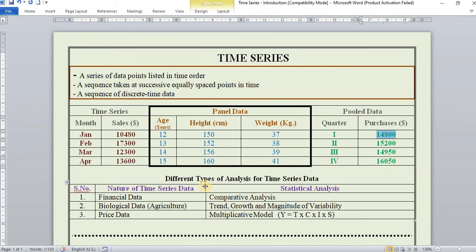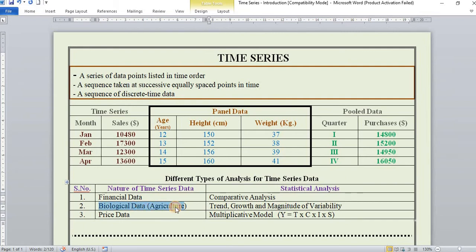And there are different types of analysis for time series. One is financial data. It is just like sales, purchase, bank deposit, cash collection, like that. We approach this data like comparative analysis in financial statement analysis. And then biological data.